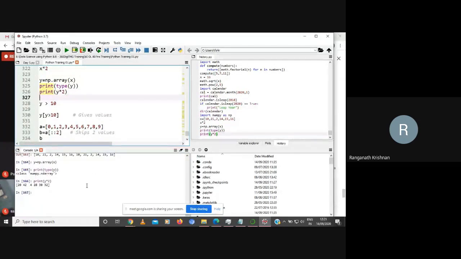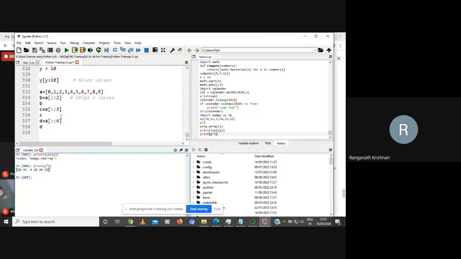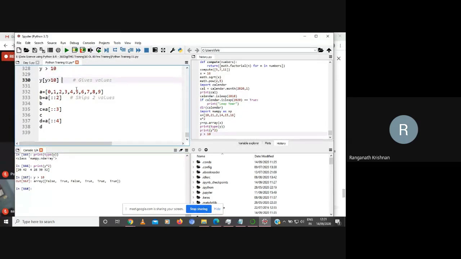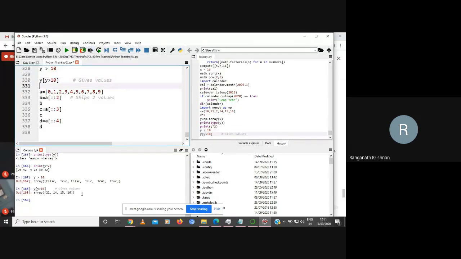What did it do? There is a difference. Did you guys notice? Before using the NumPy array, it was just replicating it twice. When I did this, it multiplied it. Okay. So y is greater than 10. Okay. See, it is checking and giving you the values. If you want the values of that, it will give you the array. So what it did is it just checked what is in the array and says whether y is greater than